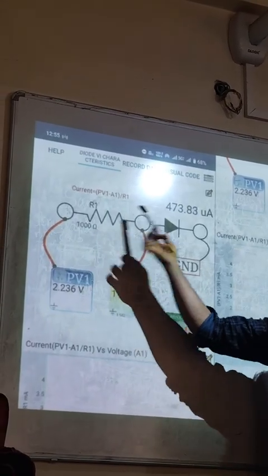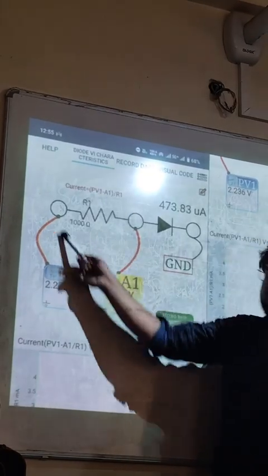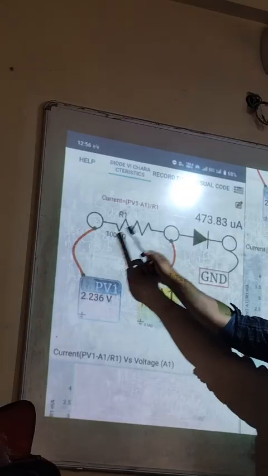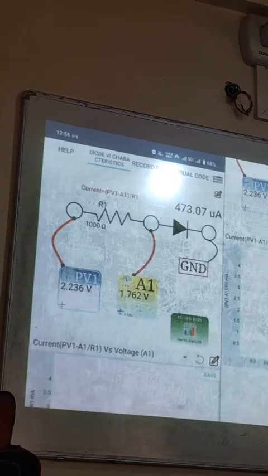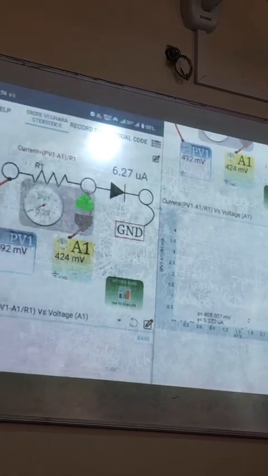Resistance is known, so V by R is current. So this is the ammeter in the circuit. Just do PV1 minus A1 divided by R1 and that gives you this current. Now in order to measure the IV, all I need to do is increase PV1 slowly. So watch this. As I increase PV1,